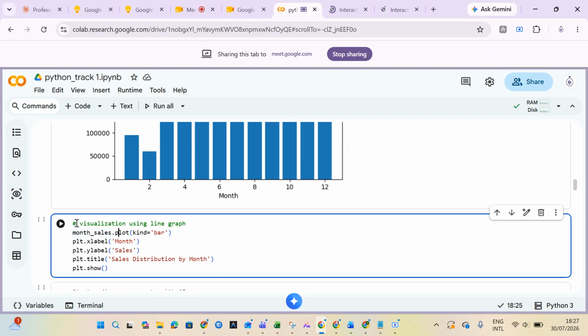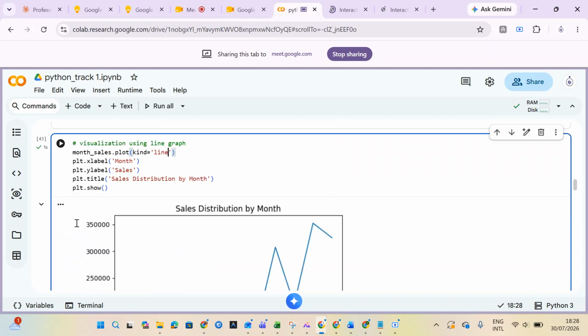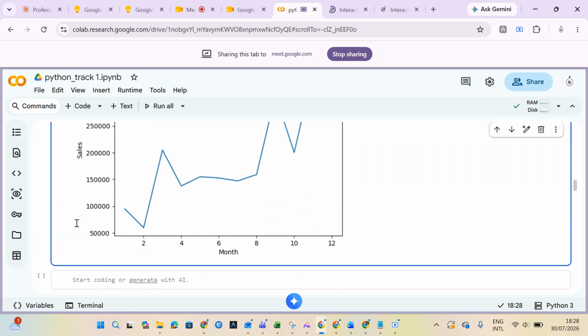Month sales dot plot kind equals bar. You can use line. You can use this also to do the whole line chart, bar chart and histogram, right? You can see that is a line graph,